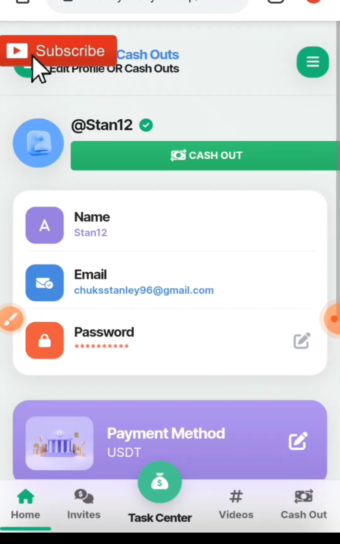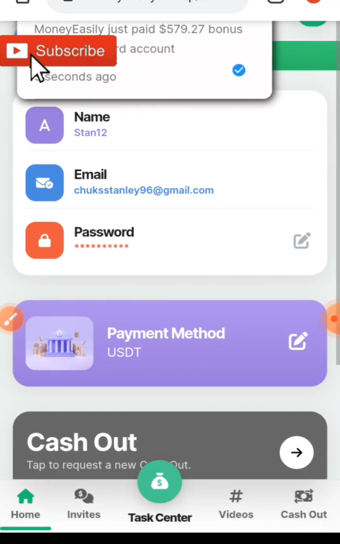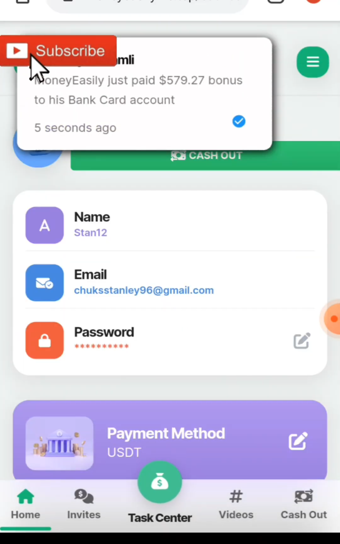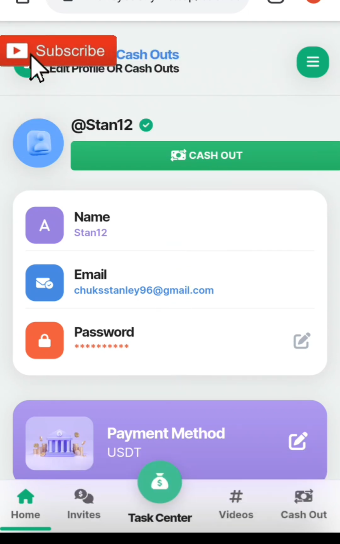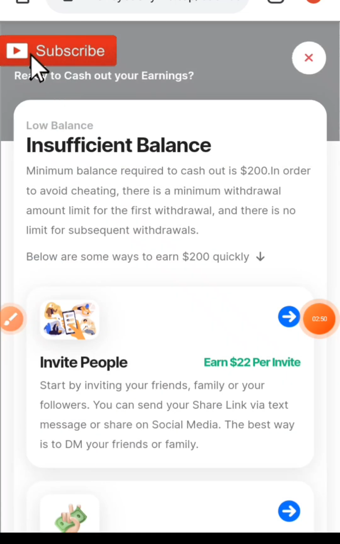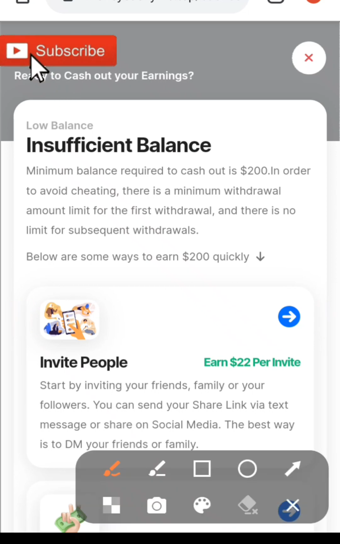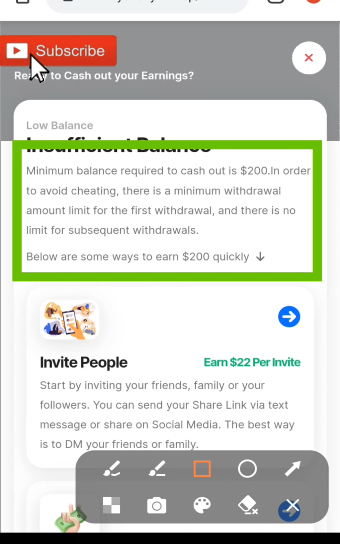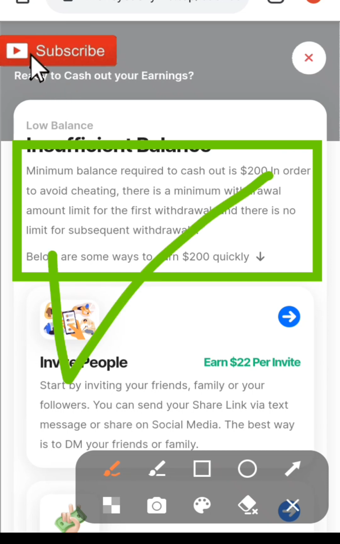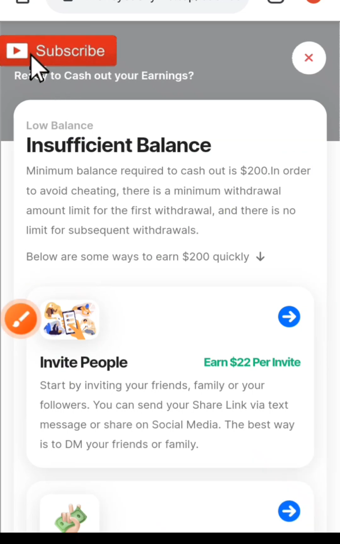So guys, after that is done, all you need to do, as you can see the cash out over there, is tap on cash out, which is above here. Now when you tap on cash out, as you can see on this my account, I have insufficient balance on this account, and the minimum is $200 to